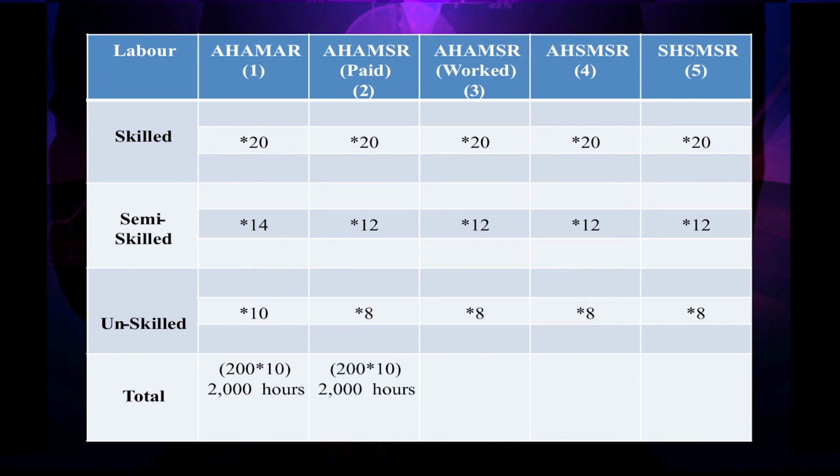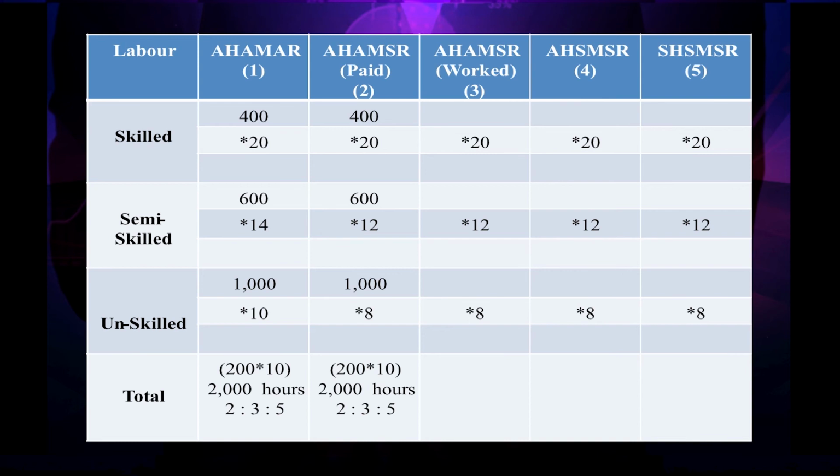The reason for the column 2 and column 3 difference is the idle hours. So, 2000 hours of column 1 we have to divide across the different varieties of labor, referring to the title, the mix is actual mix. Actual mix is 2:3:5. So, 2000 divided gives 400 for skilled, 600 for semi-skilled and 1000 for unskilled. Similarly, 2000 hours for column 2, mix is actual, it comes to 400 for skilled, 600 for semi-skilled, 1000 for unskilled.